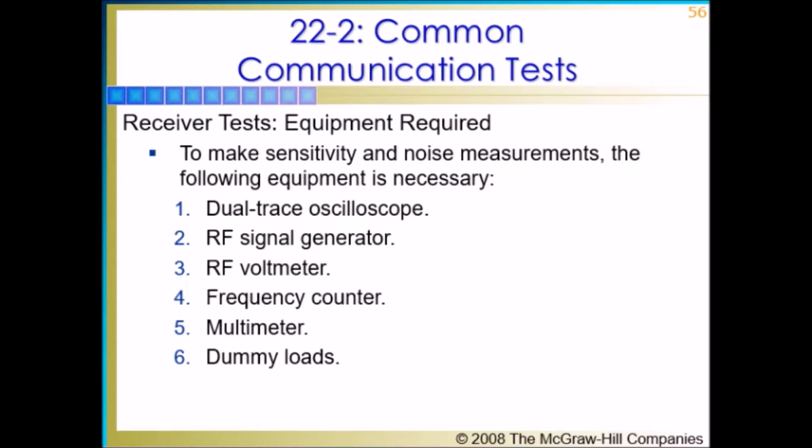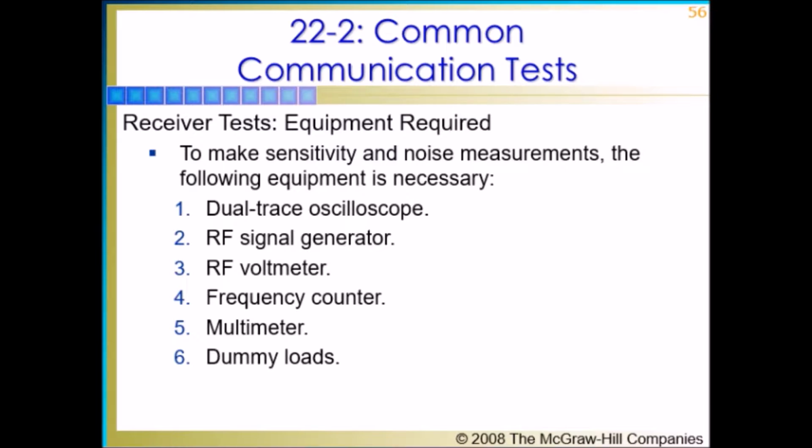It should have an output attenuator so that a signal as low as 1 microvolt or less can be set. This may indicate the need for an external attenuator if the generator does not have a built-in attenuator or output level adjustment. The generator must also have modulation capability, either AM or FM, depending upon the type of the receiver to